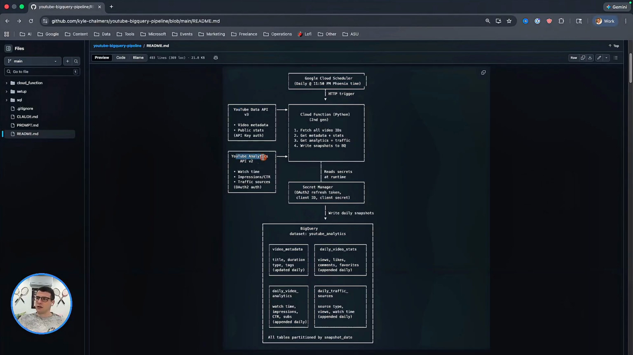And then it also calls the YouTube Analytics API for deeper metrics: watch time, traffic sources, impressions, click-through rates. And then it uses the secrets to authenticate, and it writes all of that data to BigQuery tables as a daily snapshot. And it does it again tomorrow and the next day, building a complete history of how every video